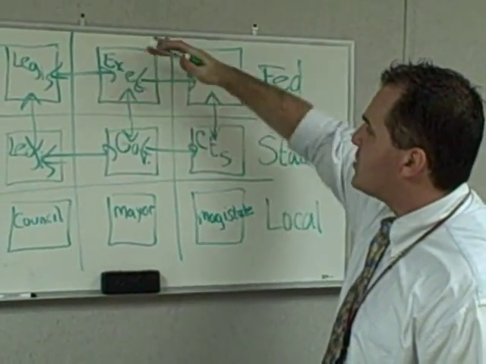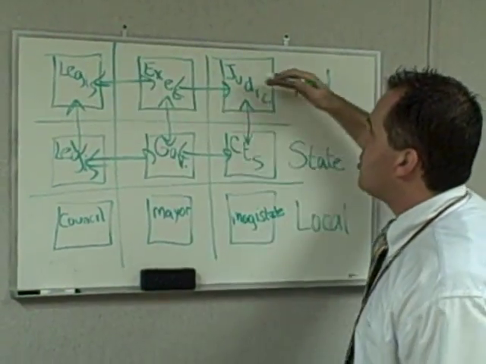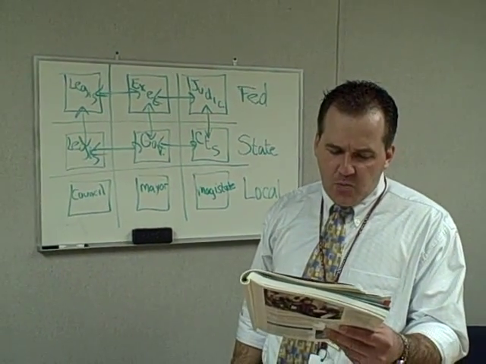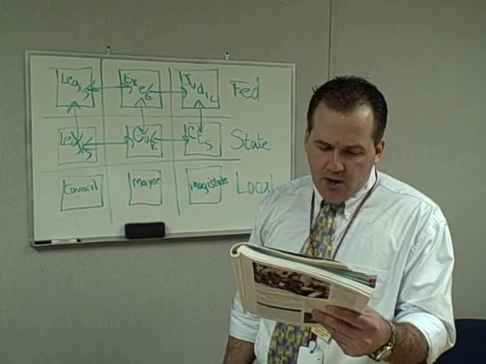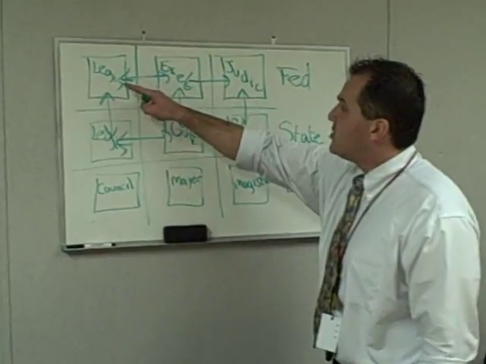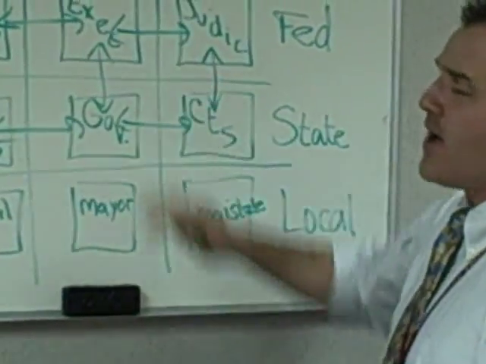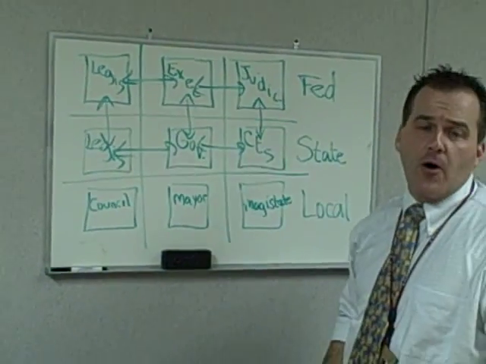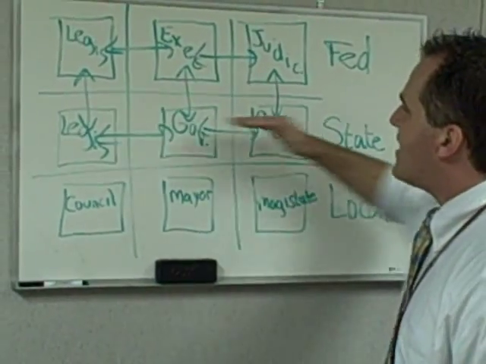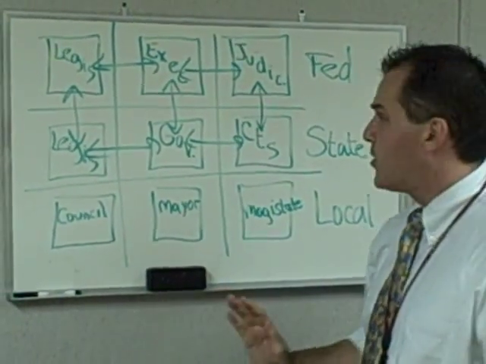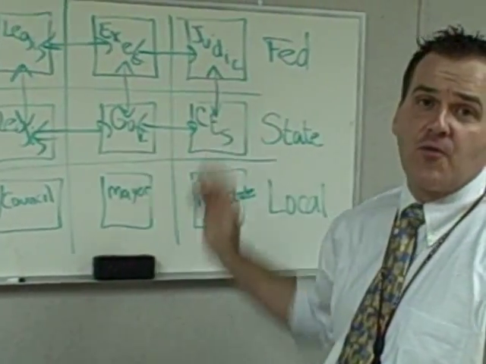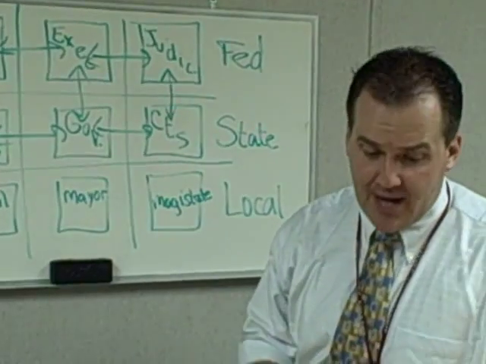Again, that push and pull between the levels of government, and then the push and pull that's horizontal between the branches. "Hence, a double security arises to the rights of the people. The different governments will control each other at the same time that each will be controlled by itself." So basically, legislative, executive, and judicial are so busy fighting amongst themselves, they can't go too far into the state prerogatives. By the same token, the legislative, government, and courts are going to be fighting amongst each other to the point where they can't necessarily go too far into the national prerogative. So by dividing power both horizontally and vertically, what you've basically done is you're protecting liberty.